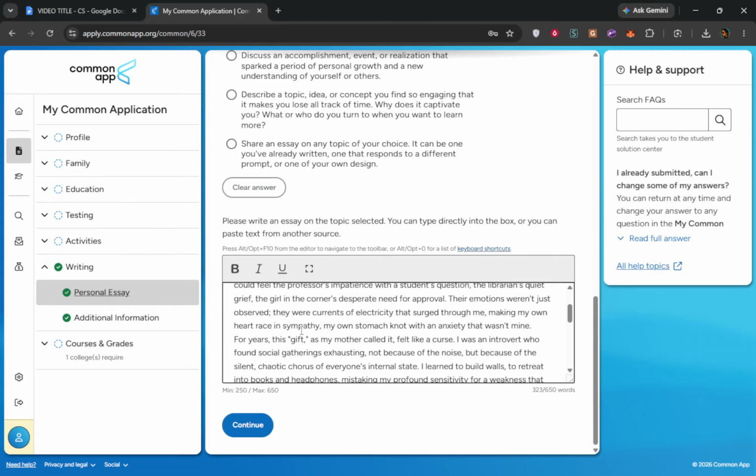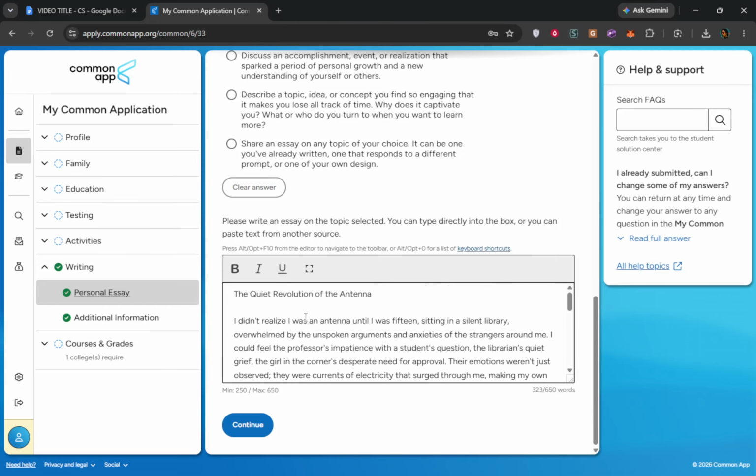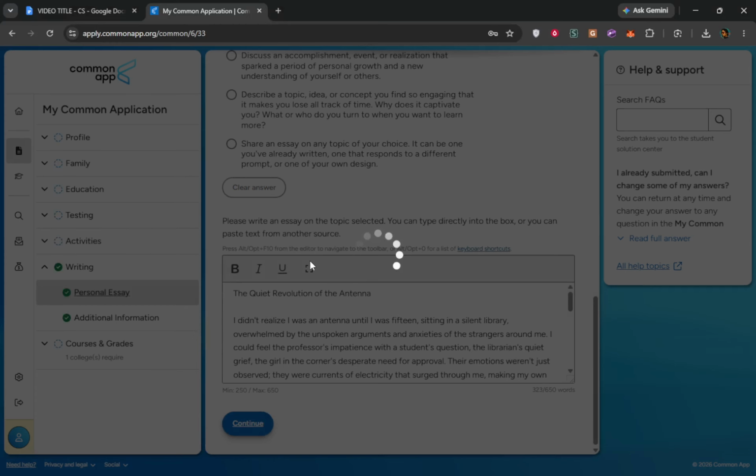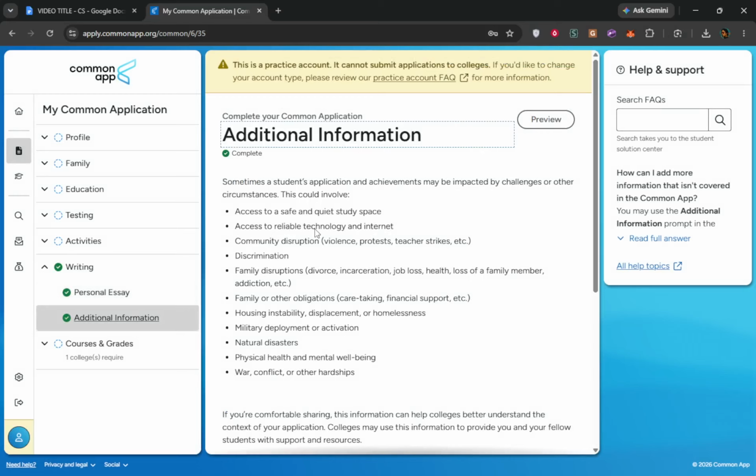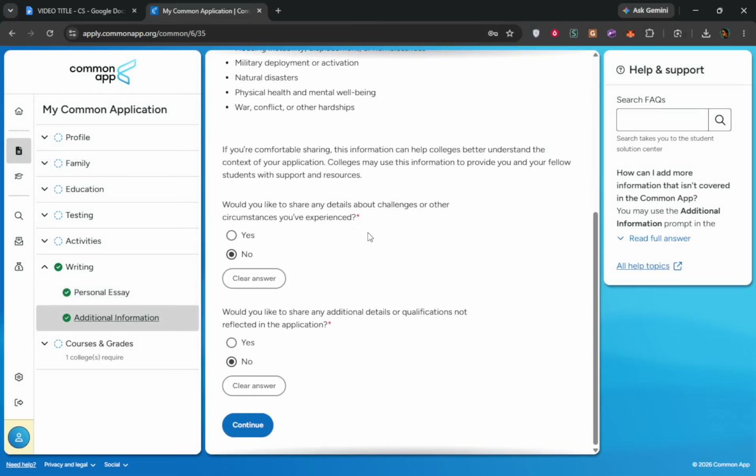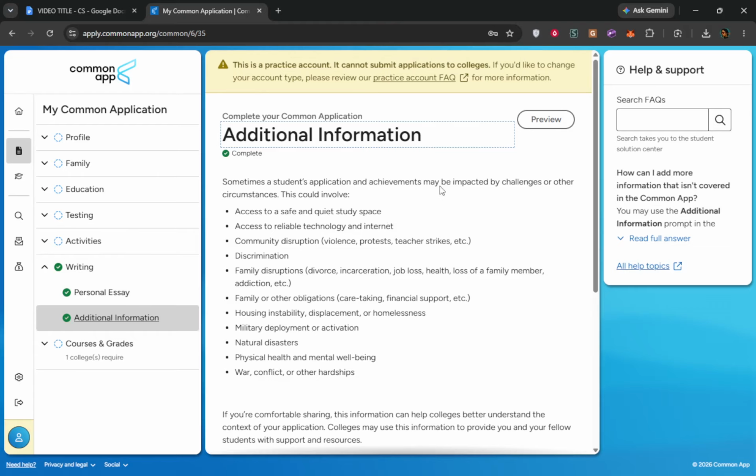As a note, for the 2026-2027 application cycle, the 7 Common App essay prompts remain unchanged from the previous year. This means you can switch between them at any time before submission if you find another prompt fits your narrative better. This flexibility allows you to craft the best possible essay to represent your story.